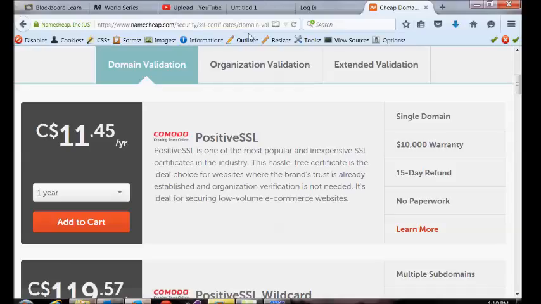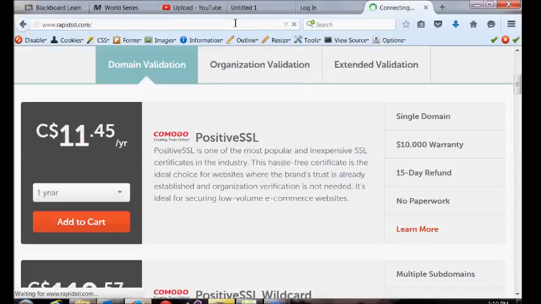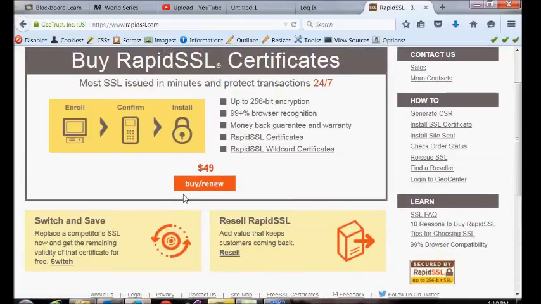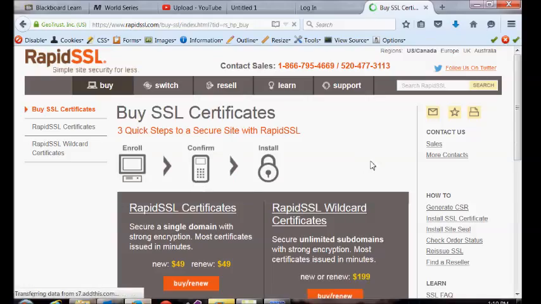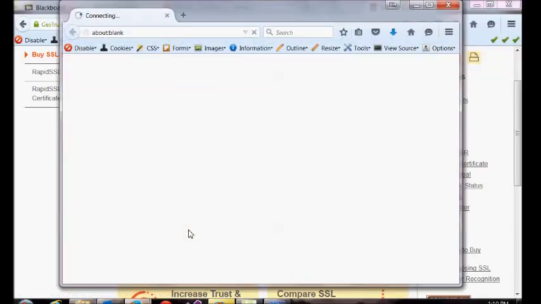I'll kind of show you how this works. I've bought a number of them here. Until Ross showed me this, I was buying them here. Generally, they're $49. Okay. So I say I want to buy a certificate,